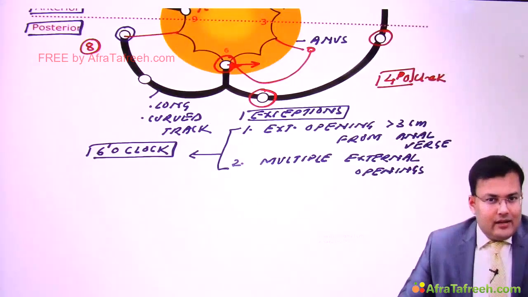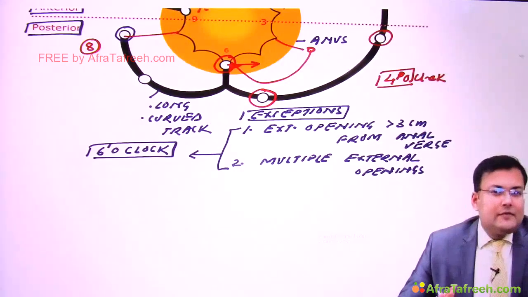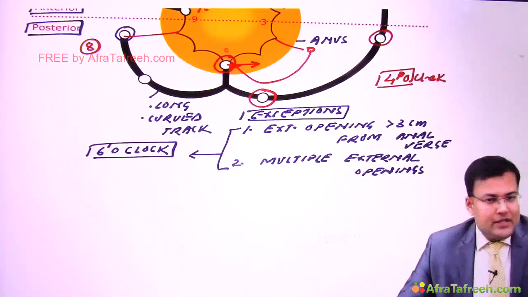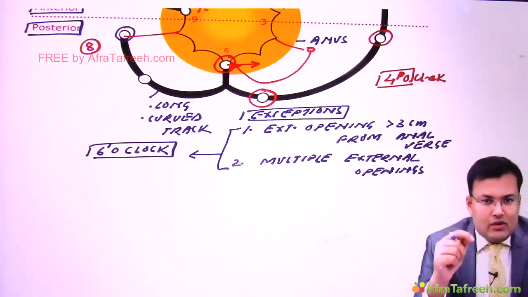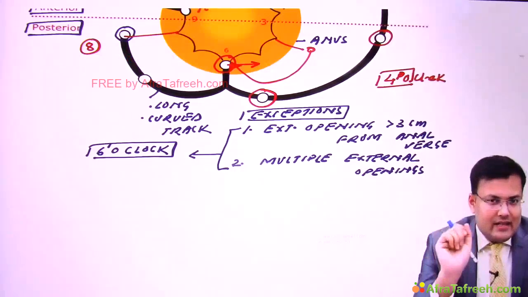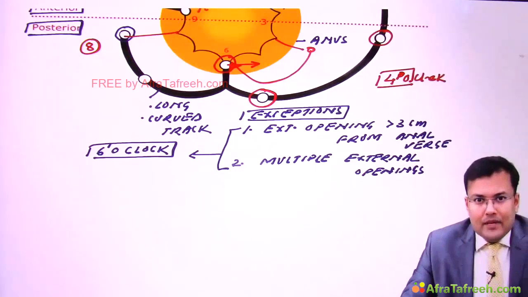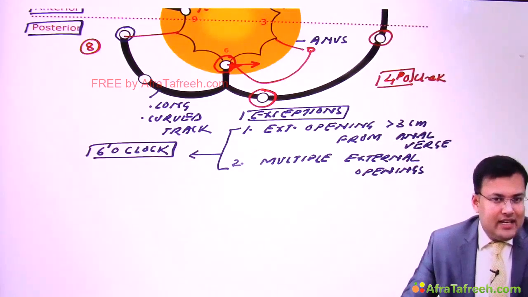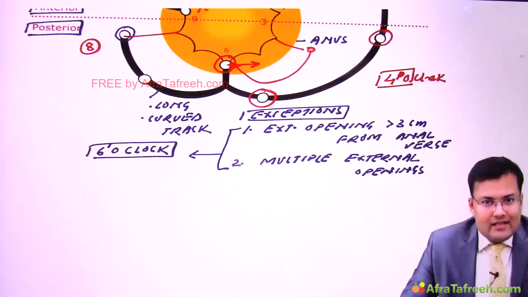By the way, there are two questions which are asked. What is the first investigation done in patients of fistula? So in that fistula tract, we inject the dye and take X-ray. This is fistulogram. But there is a better investigation which is having very high sensitivity. It can detect all the tracts, and the investigation of choice is MRI.